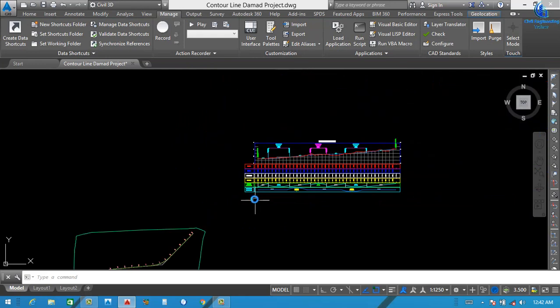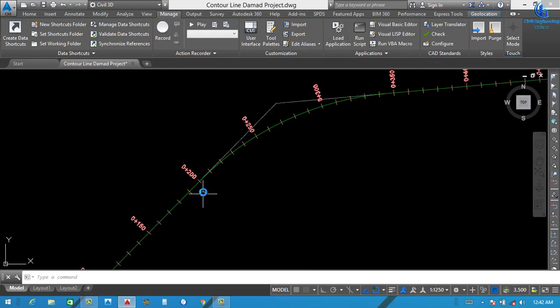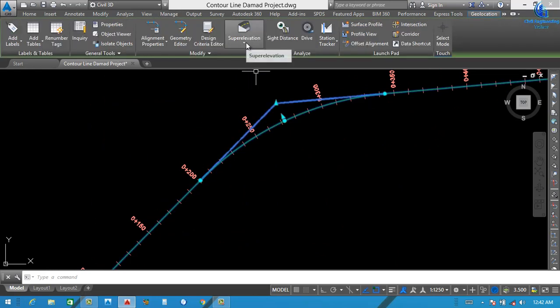Now we will start super elevation. So first of all, I want to calculate super elevation on alignment. So first of all, I click here and you can see here super elevation. I click here. Detail of super elevation will be discussed in a super elevation lecture that will be coming next. Okay, so here I just calculate this one and a little bit tell you about super elevation. Okay, so calculate super elevation